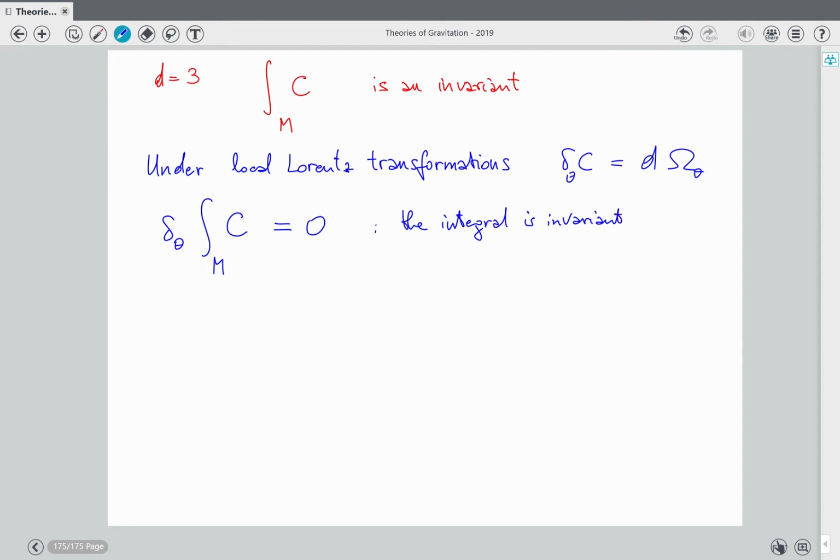Since it is a little bit long for the purposes of this course, let's do it in a simple case, because if you will meet the Chern-Simons form, you will mostly meet it not in gravity, but in